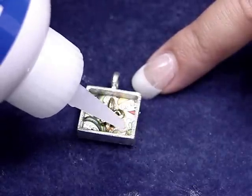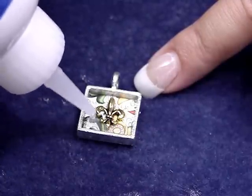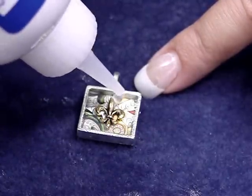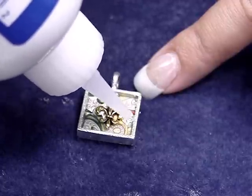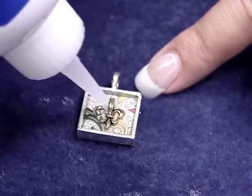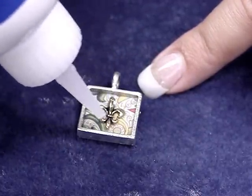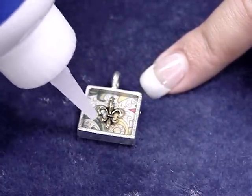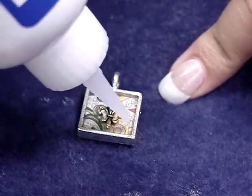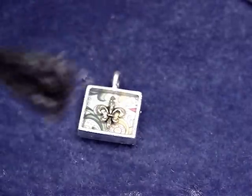Now what we're going to do is put in a thin layer of this dimensional gel, and you're basically going to fill the frame and cover the charm. But once this dries completely, it'll recess and you'll need to add another layer. So you can fill it all the way up to the rim here, and once it sets, it's going to need another layer. If you get bubbles in it, then you just want to take a paintbrush